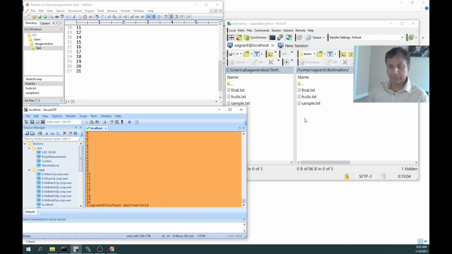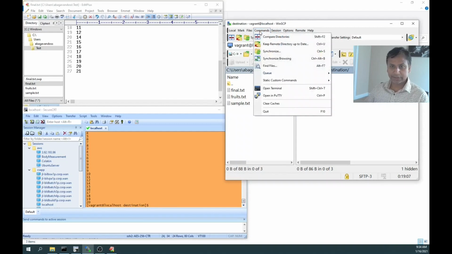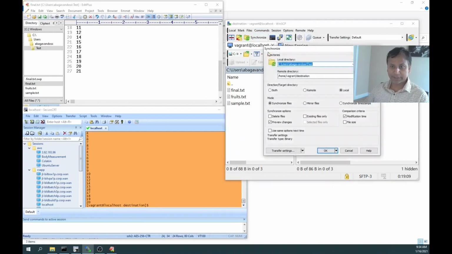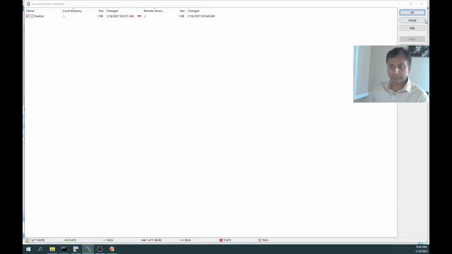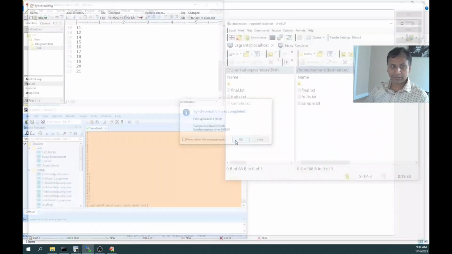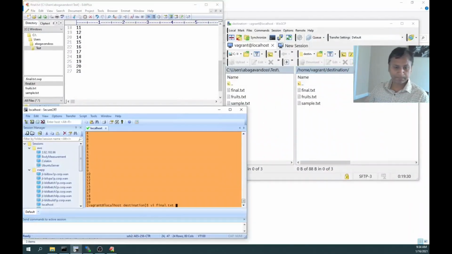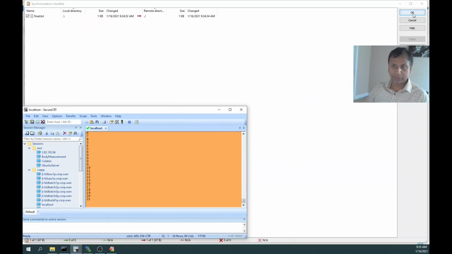So what do I need to do? I'll go over here in this commands, synchronize. Now, because I did changes in my local, so I'm keeping this in the remote. Where do I need to sync? From a local machine, I need to change. This is a remote machine, it's a local machine. Okay. 21 came. Very good. But every time I cannot keep doing like this.